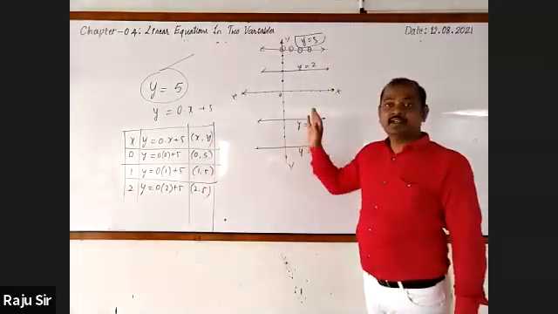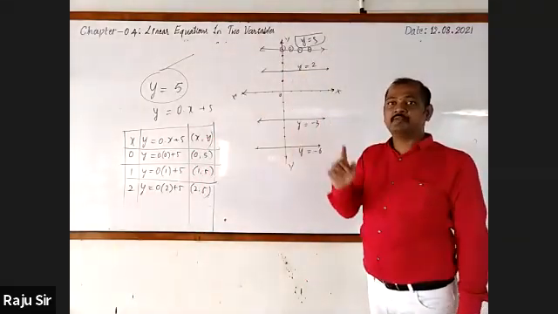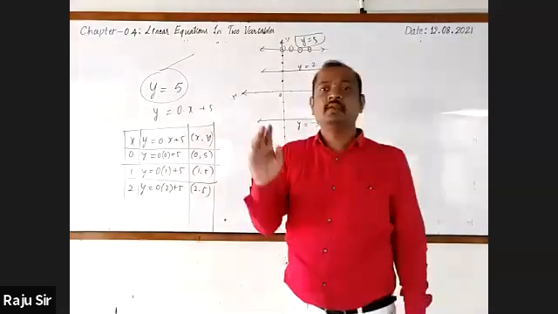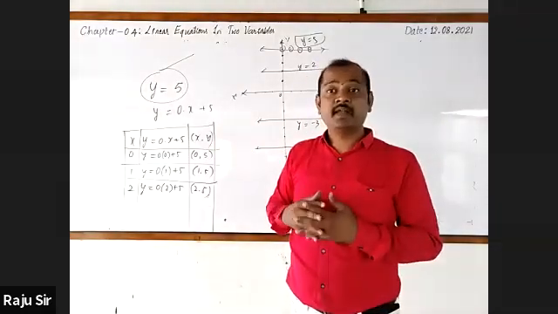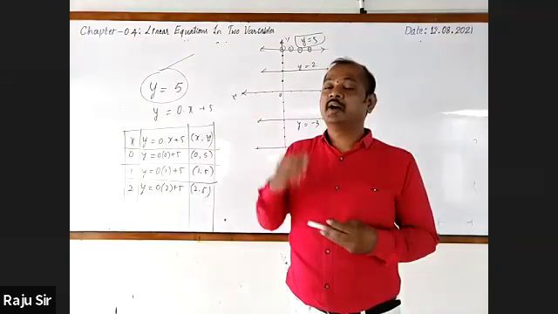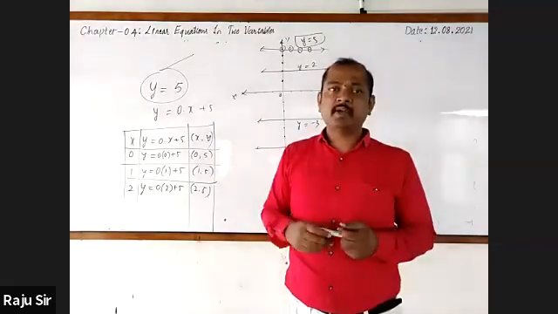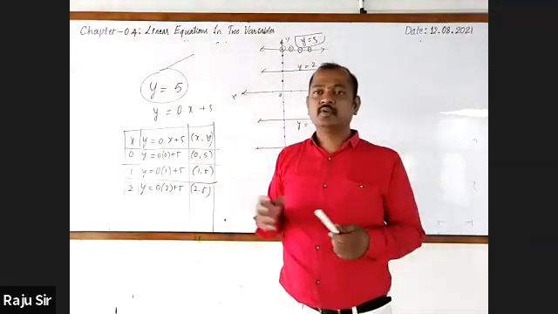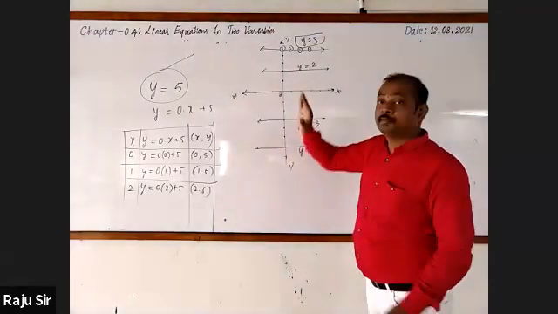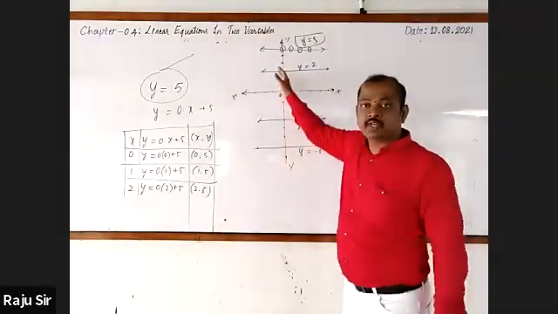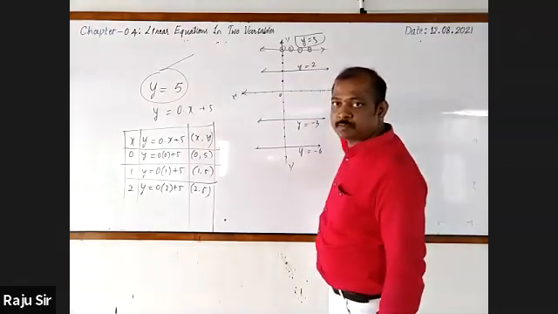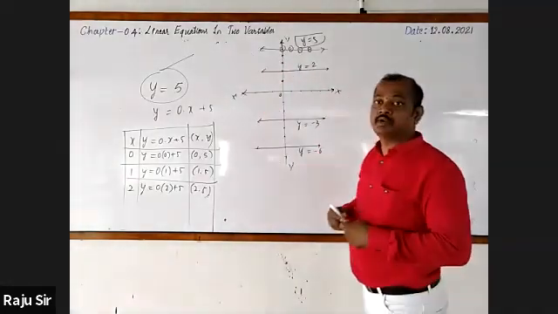The graph of a linear equation in one variable will be parallel to the x-axis. But will it always be parallel to the x-axis? No, it can be parallel to the y-axis also. It will intersect with respect to only one axis. From this explanation, you can conclude like this.